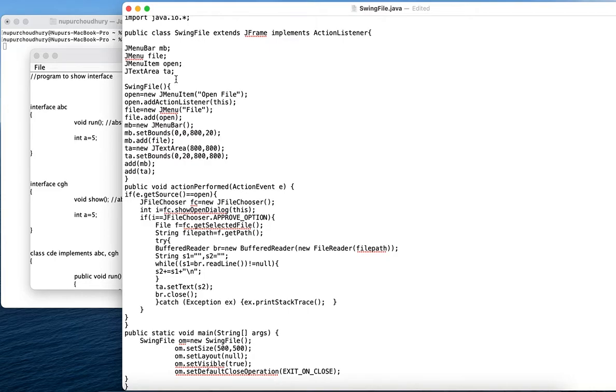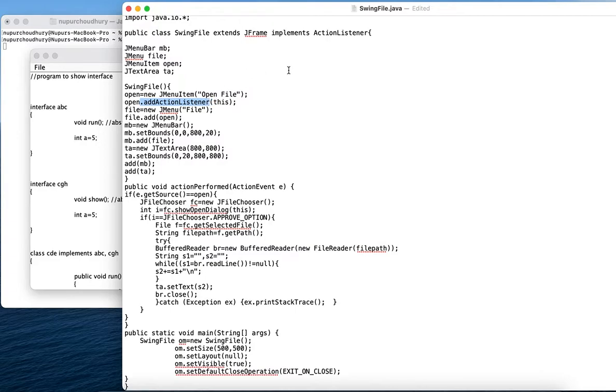Then we will simply create the constructor SwingFile, and finally we will create the instance of all of these objects which have been declared. So open is equal to new JMenuItem Open File. We will be creating a menu item using this object. Then with this object open, we will be adding the addActionListener method.